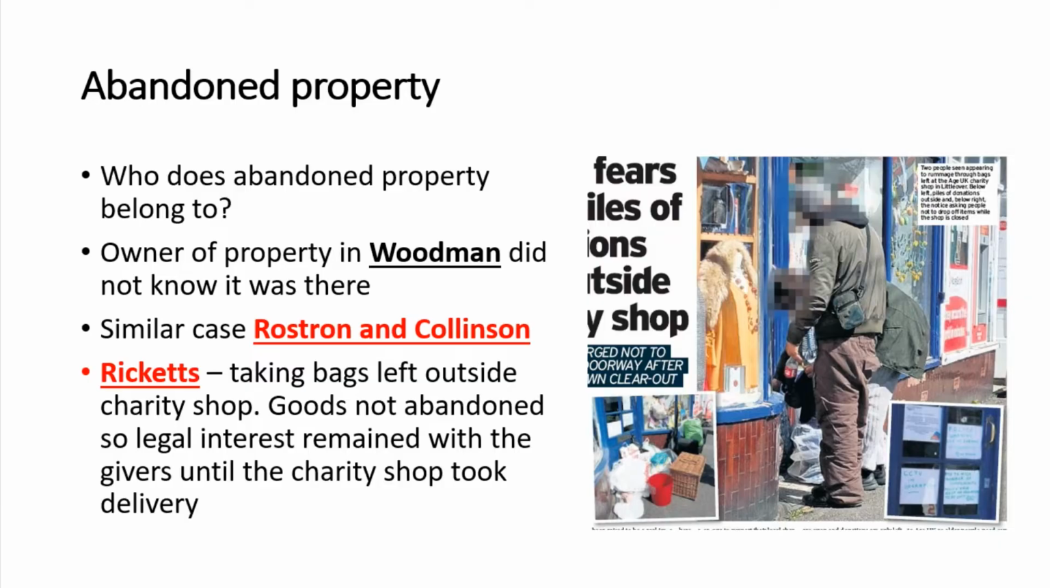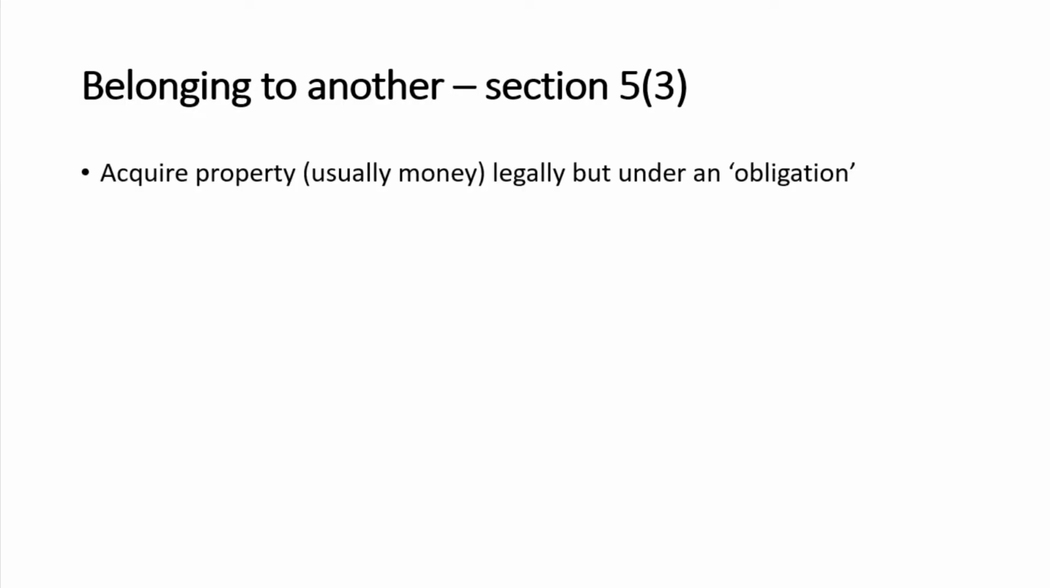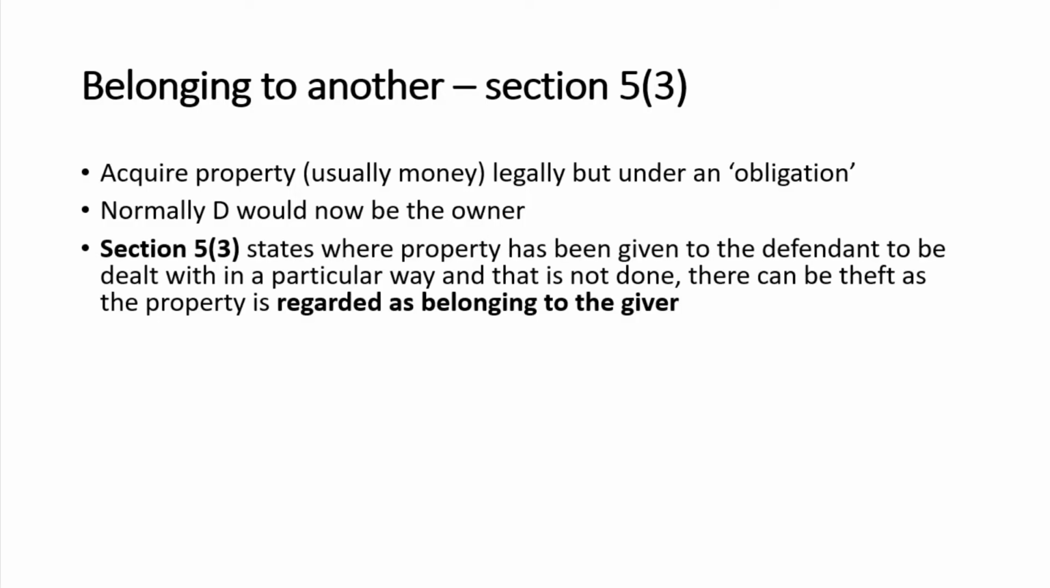There are some special provisions now that we need to look at in Section 5 about property being dealt with in a certain way and property that has been given by mistake. So these are the special provisions in Section 5.3 and 5.4. So Section 5.3 applies when someone acquires property, usually money, legally but under an obligation. So normally if you acquire money in this way, the defendant would now be the owner. But Section 5.3 states that where the property has been given to be dealt with in a particular way and it's not done, there can be theft as the property is regarded as belonging to the giver,